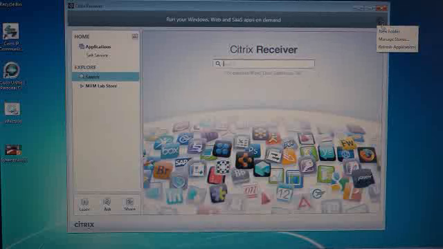These applications are given to me by my IT administrative staff, and I can be given a broad library of applications and then allowed to select the ones that are relevant to my job without having to go and request those from IT and wait days or maybe even weeks to get a specific application that I need in order